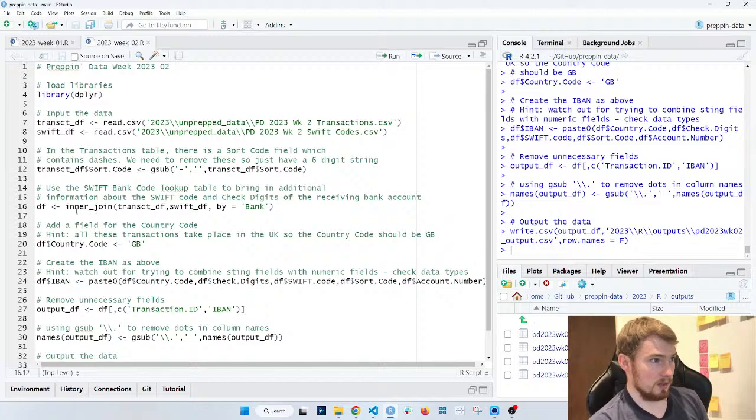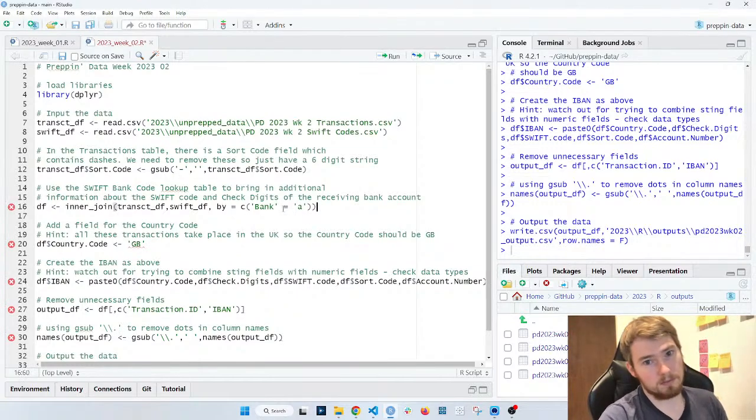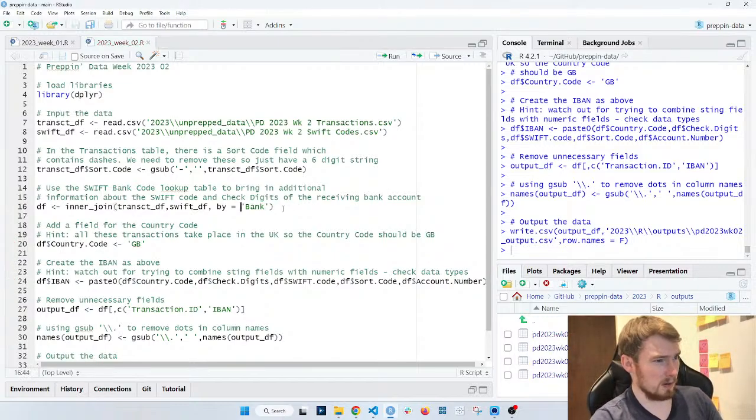Then we started using the inner join function from dplyr. In R, we have to state what type of join we're doing, so if I wanted a left join, I would just change this to left. Same sort of format here as well. I state my 2 data frames that I want to inner join together, and what column I want to join on. If you have different column names, you will need to do a list of columns, like C/B equals A. In this case, because both column names are called bank, we could get away with that.